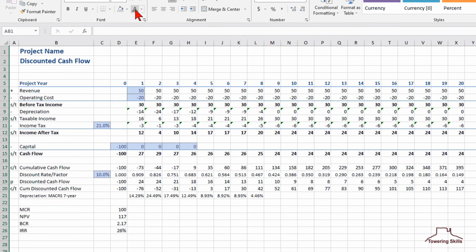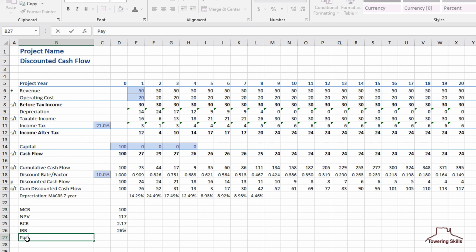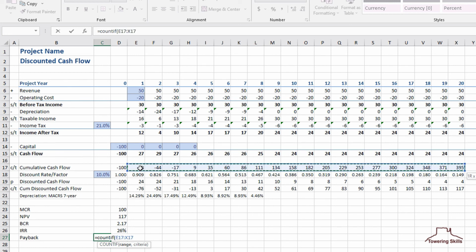Now at the bottom of the spreadsheet in cell B27, we'll add the word payback. And in cell C27, we'll add the formula COUNTIF over the range E17 through X17, and the criteria will be if it's less than 0.